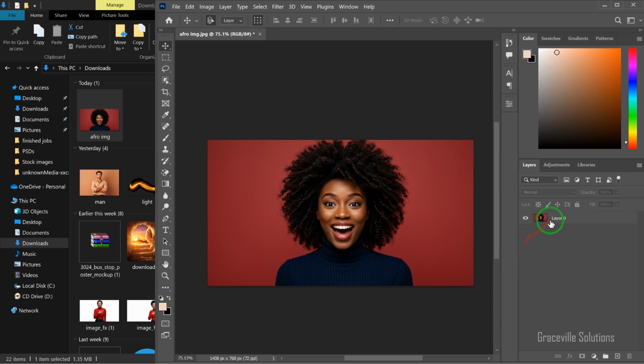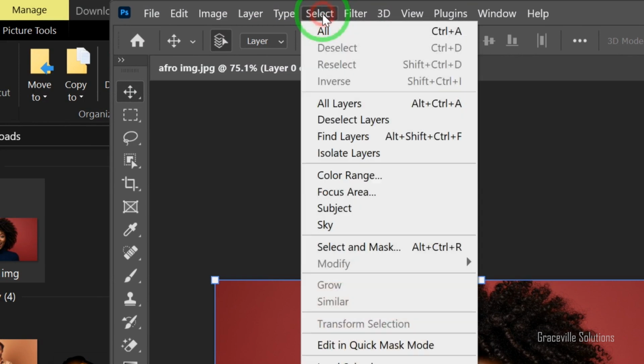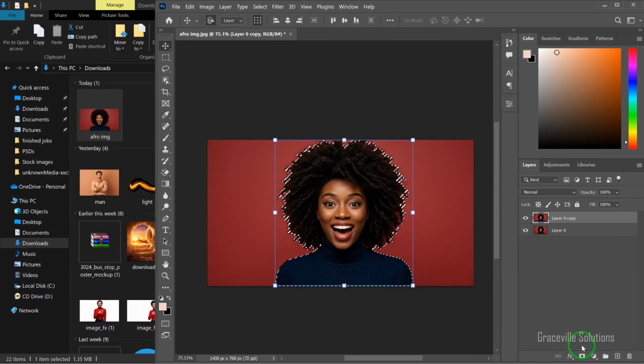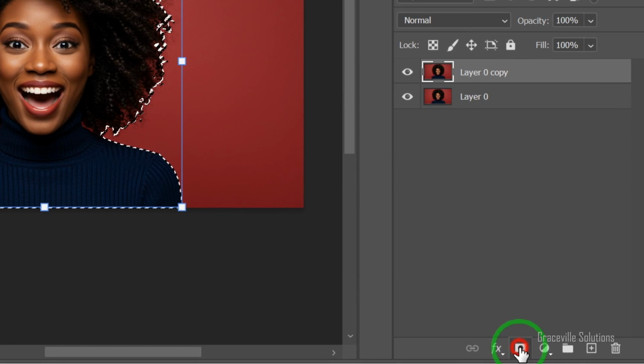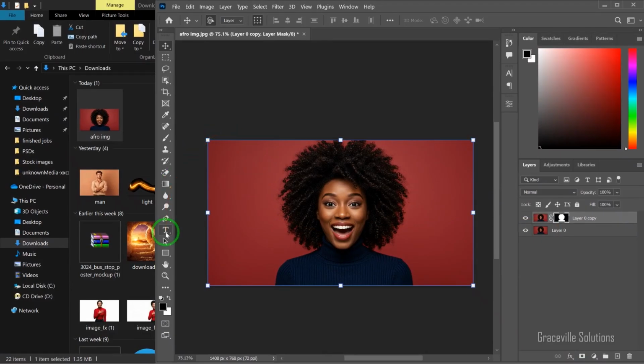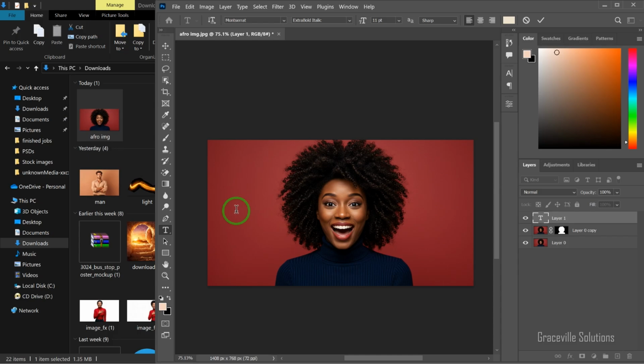The first thing you have to do is to duplicate your image by pressing Ctrl J and then come to where you have select and select subject. And then I'm going to come down here to give the layer mask. Next up, I'll take my text tool by pressing the letter T on the keyboard. And then I'm going to type my text